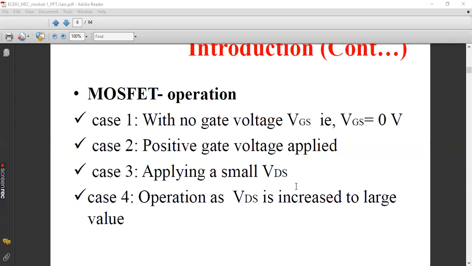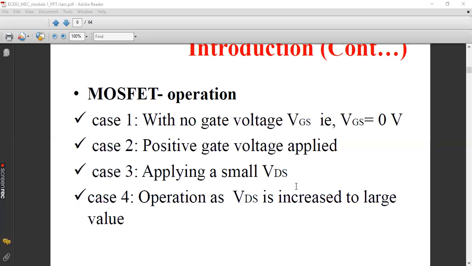If the channel is induced, current will start flowing from drain to source, provided there exists a potential difference between drain and source. If there is no potential difference, can you expect any current flow? No, because V is proportional to I. So if there is a suitable potential difference between drain and source, then electrons will start flowing from source to drain through the induced channel, and eventually current will flow from drain to source.